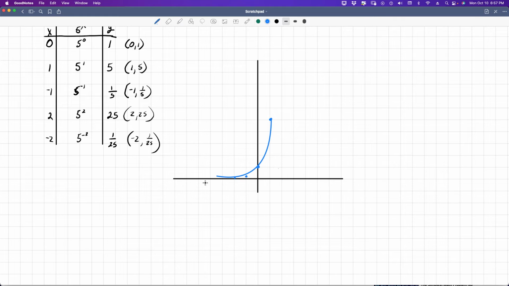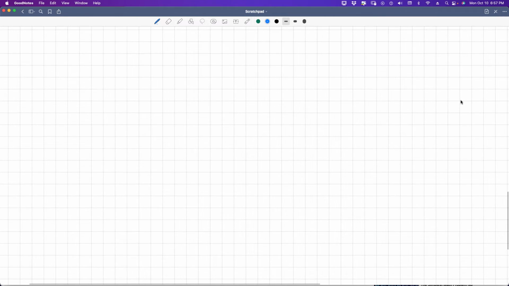So we got that correct. So let's do one more. Let me clear this. And I think I'm just going to leave it right here. We are going to do 23.3. And that one is, we're going to sketch a graph of the function y is equal to 0.25 to